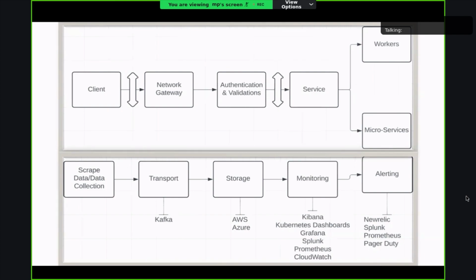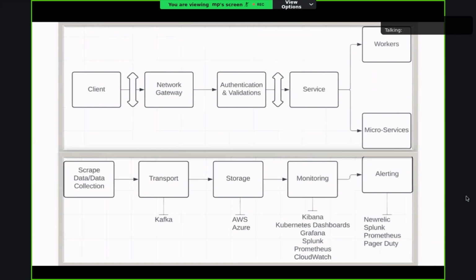Between the client and the network gateway, there are load balancers that help in landing the request at the right place. Before sending the request to the service, there are different authentication and validations, which may include service authentication or client level authentication and API key validations, etc.